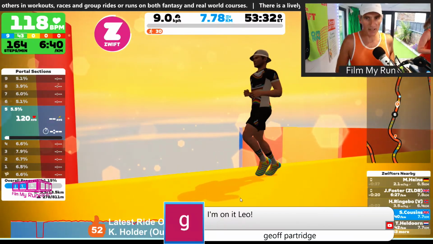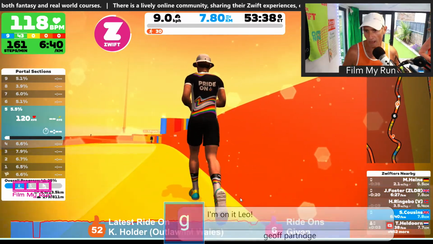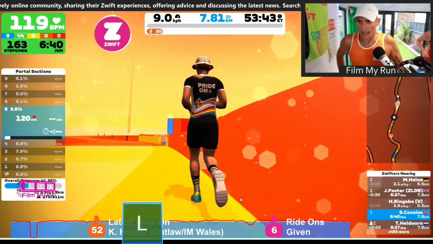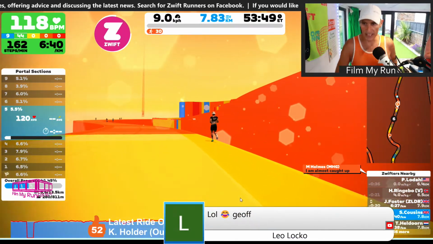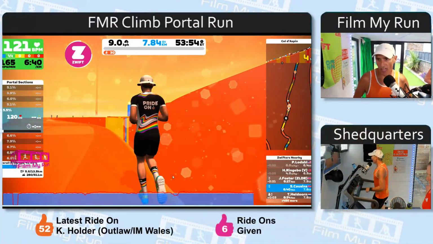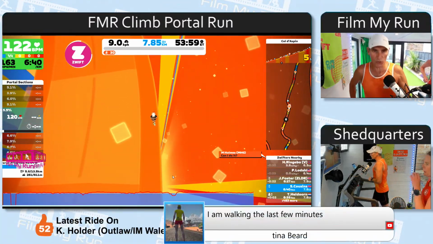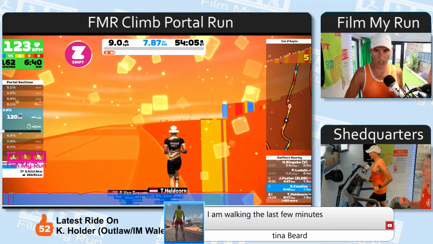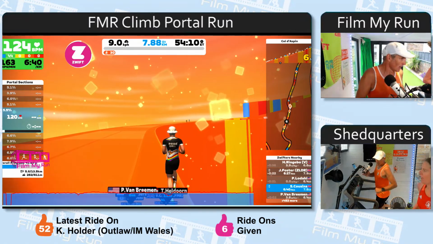Okay, we are coming to the end of our time on the climb here in the climb portal. Feel free to carry on if you want to, but Victoria and I are going to call it a day at the bottom of the hour. Marcus has almost caught us up, so hopefully he can get to us in the next 3 minutes, and then we can all stop together. But like I say, if you do want to carry on, of course, by all means do. Don't feel like you have to stop. But we're going to call it a day, about just over 8 kilometres in an hour. Tina's going to walk for the last few minutes.